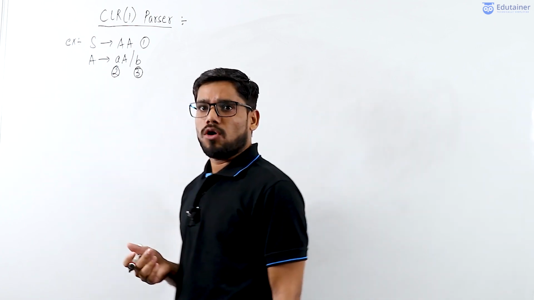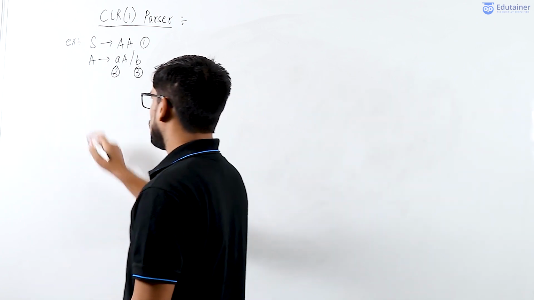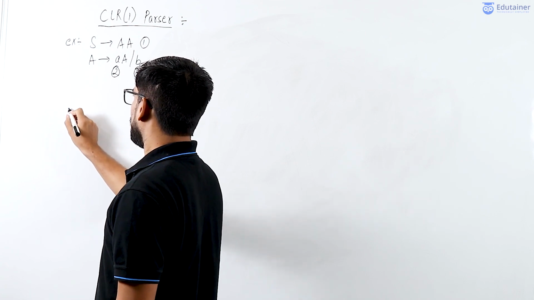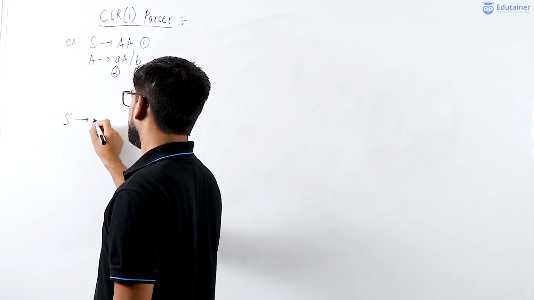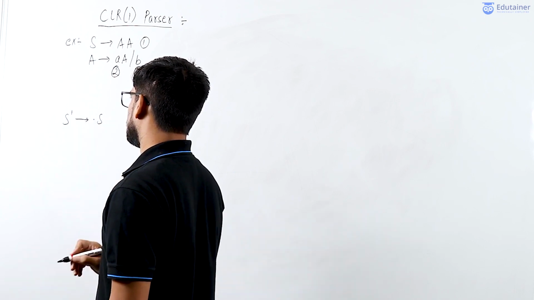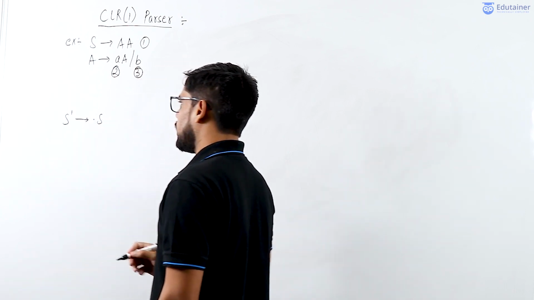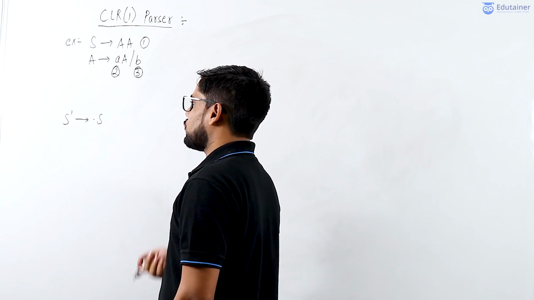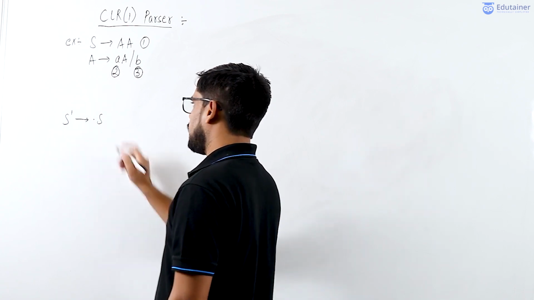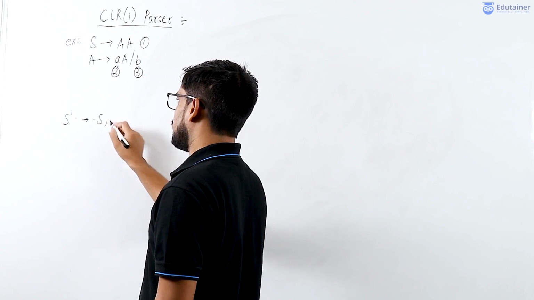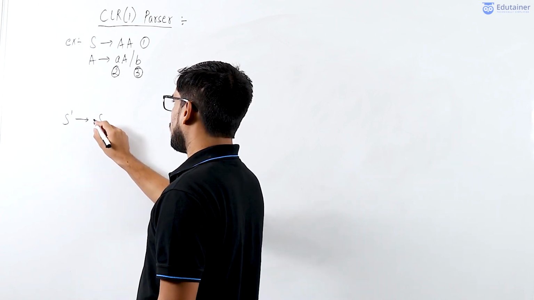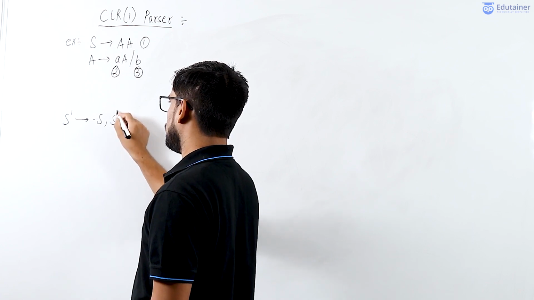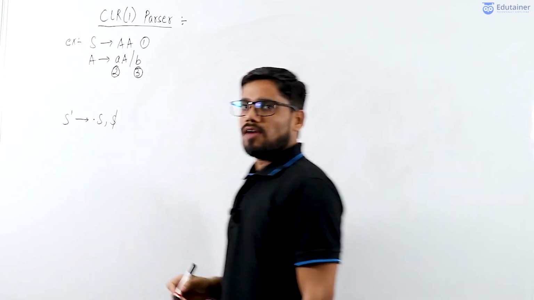I will start with the augmented production. So what is the augmented production? The augmented production is S dash derives dot S, and you know that it is the canonical collection of LR1 items, so definitely I have to add the look ahead symbol. The look ahead symbol for an augmented production will be $. I will tell you why $